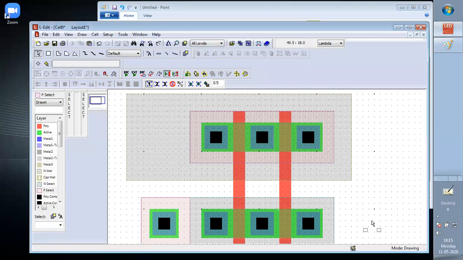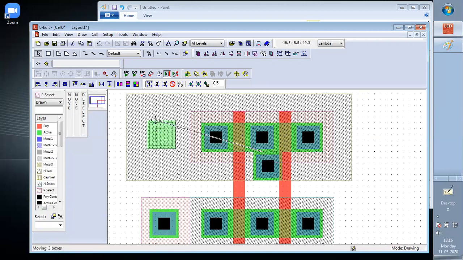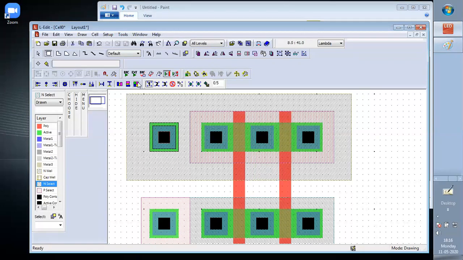So here we create the same thing. We copy this and paste it over here. Again 2 lambda distance will be there. So we put it here and we select the N select for the N type diffusion. So the N select box is selected, and this will be 2 lambda away from each side.